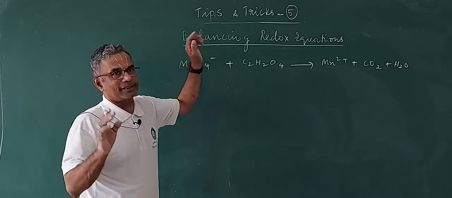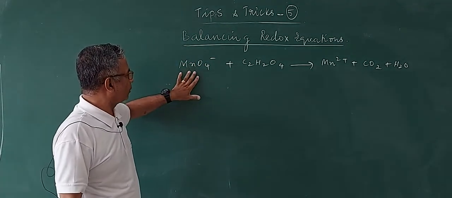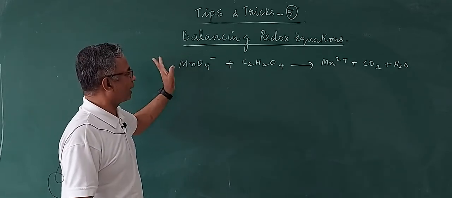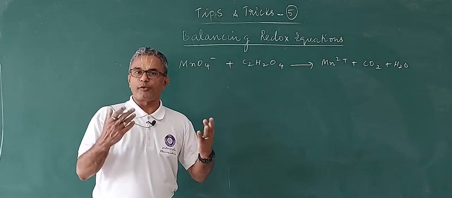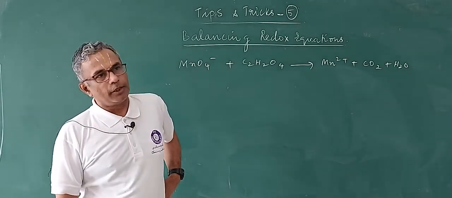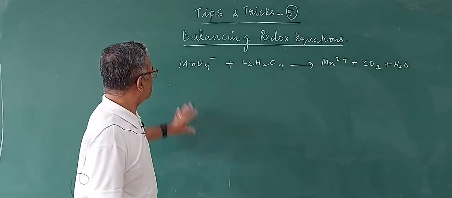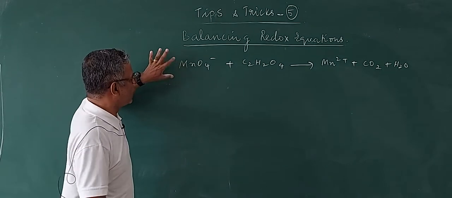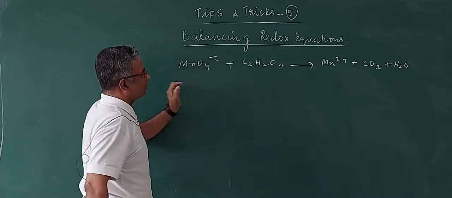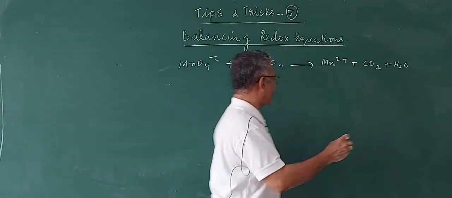So, the tips and tricks. Now, remember, the first tip is whenever you have any compound, you look at the oxidizing agent or reducing agent, you remove the cation, because cations are not going to take part in the redox reaction. Therefore, you can conveniently remove them. If you want, you can add it also, but that does not really contribute to the balanced equation. So, you remove the cation. This will be KMnO4 actually. So, I remove the cation, it will become MnO4 minus. This is again oxalic acid, and MnO2. So, the first tip is